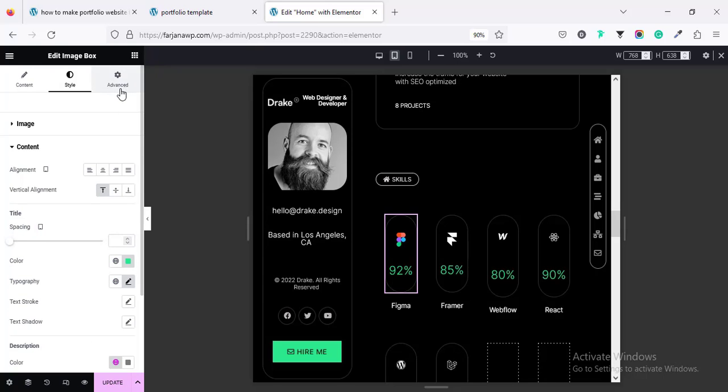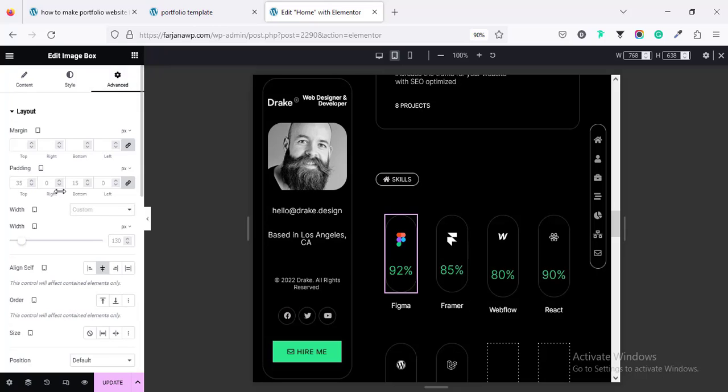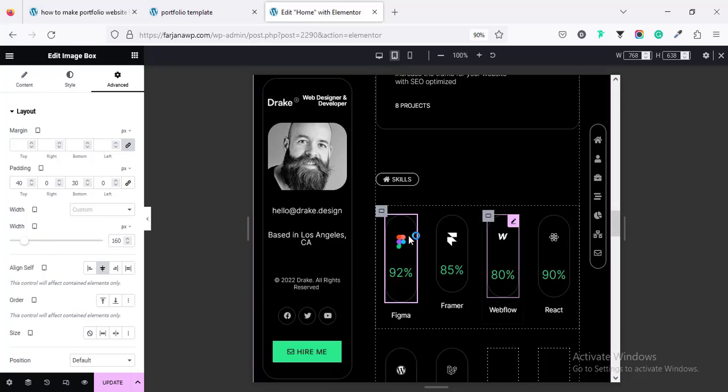And from advanced, the padding, we can change the padding, so making it to unlink, and for top we can make it to 40, and for bottom 40 or 30. We can increase the width to 160,